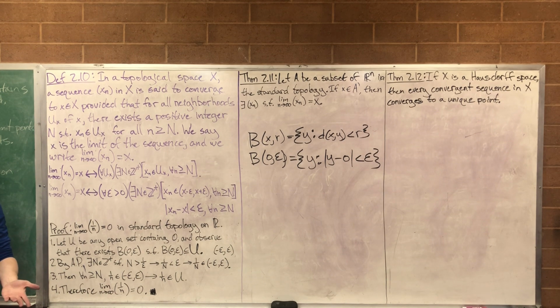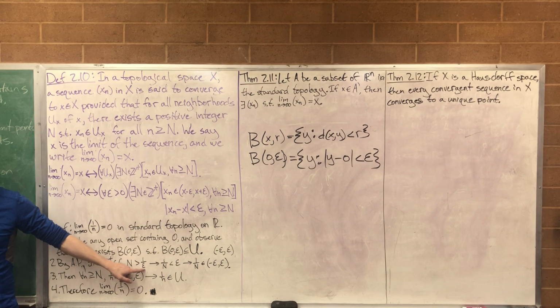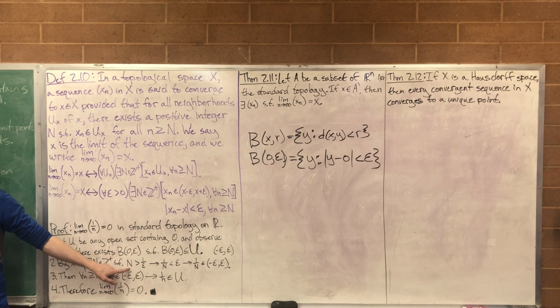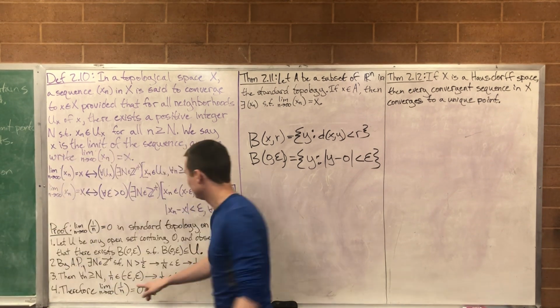So if I can find a big N bigger than 1 over epsilon, that's the exact same thing as